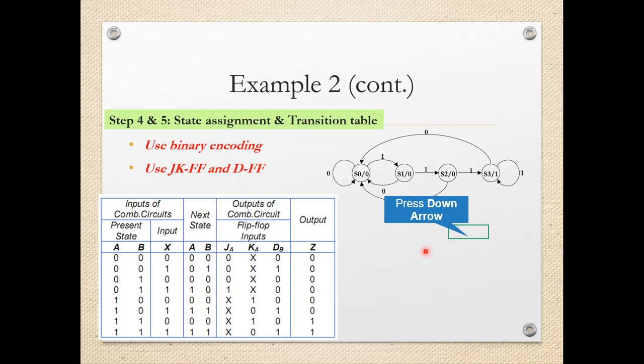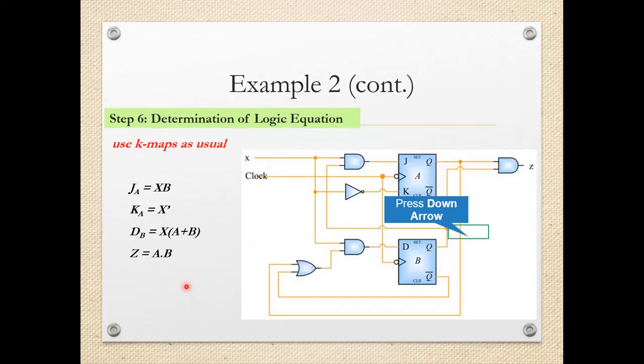What I can do, I have to make the change from 1 0 to 0 0. Then at that time the excitation to the flip-flop should be don't care, 1. So I have to make the transition from 1 to 0. So K must be 1, J can be anything. So likewise the whole table is prepared, and we have the column for output, for which we can prepare the K map and obtain the logical expression. So I will not go into much detail because the steps are the same as the first example.